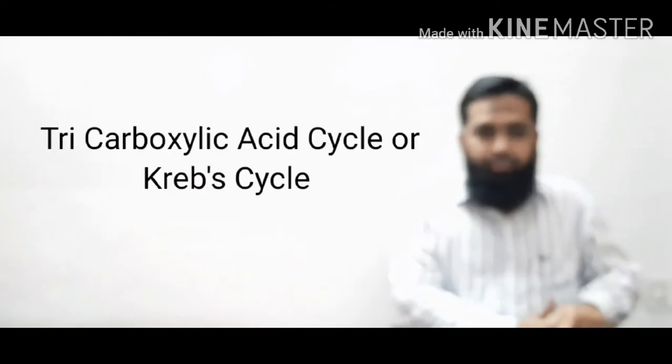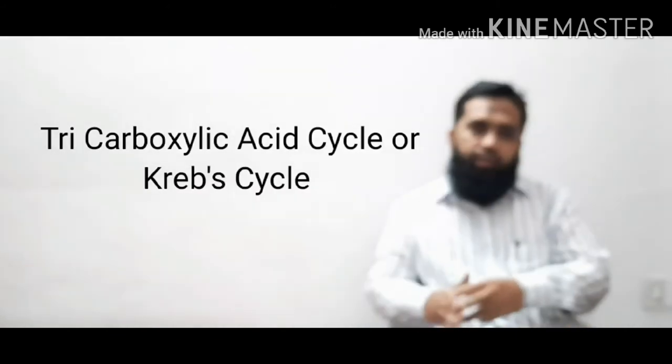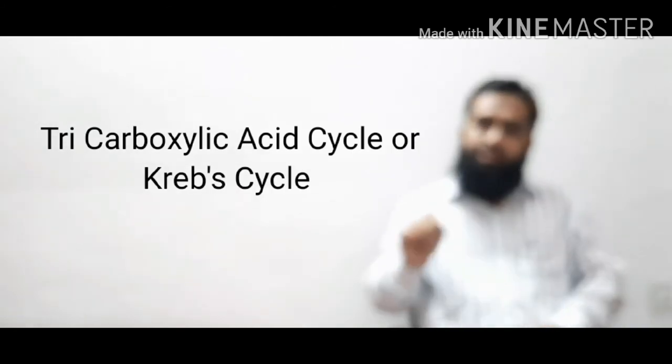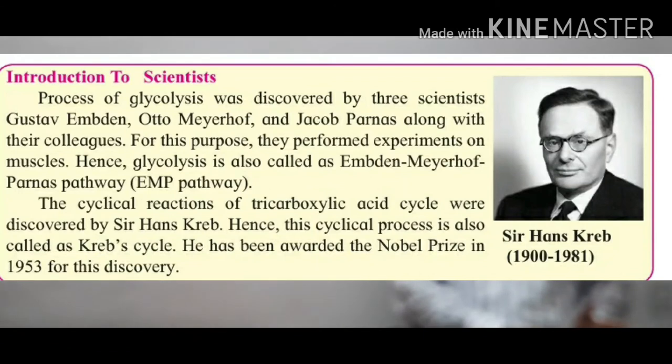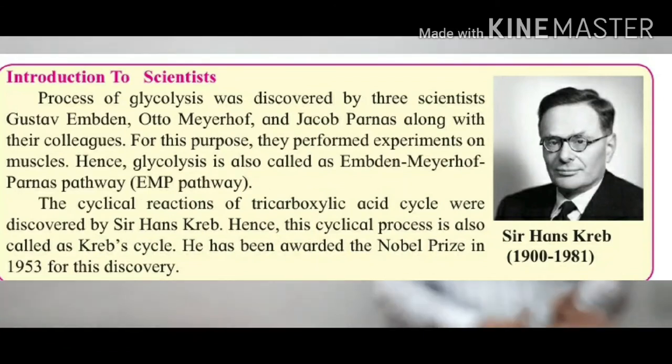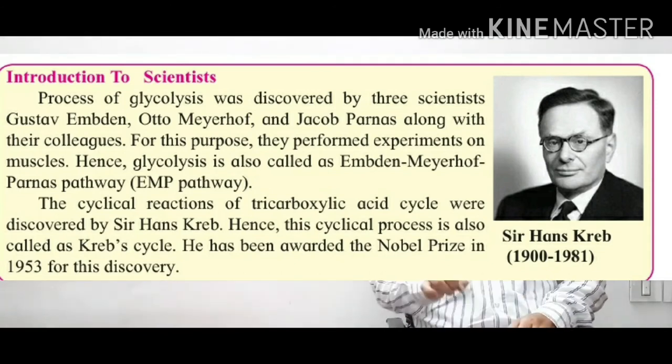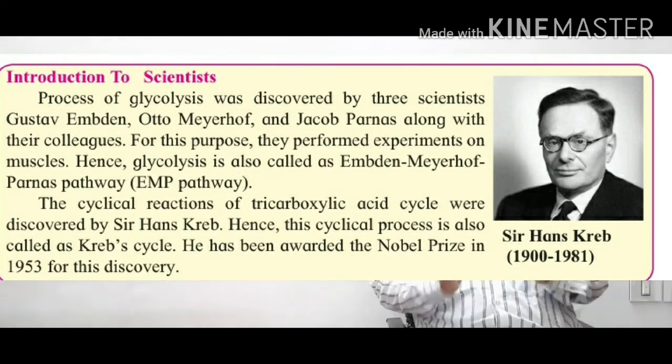Now after this, the second step is the tricarboxylic acid cycle, also called TCA, also called the Krebs cycle, because this TCA cycle was studied by Sir Hans Krebs, so it is named after him. It's a cyclic chain reaction. Now this takes place in a very important part of the cell called the mitochondria. Now mitochondria is called the